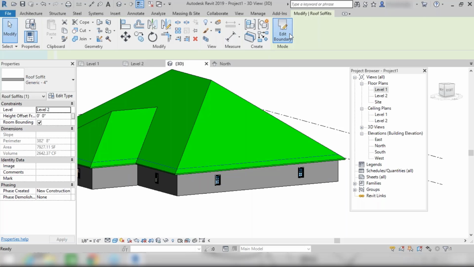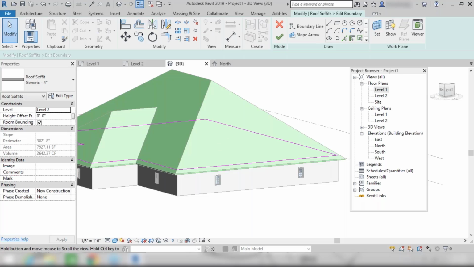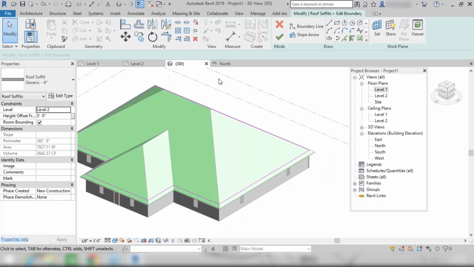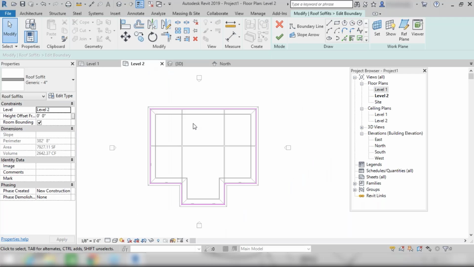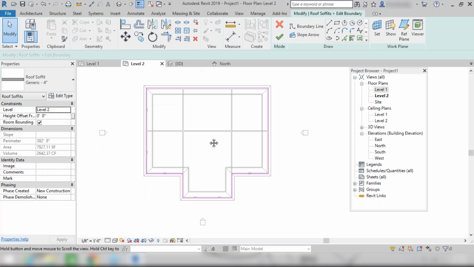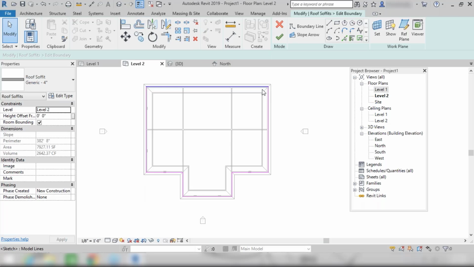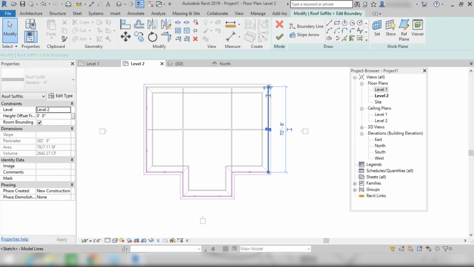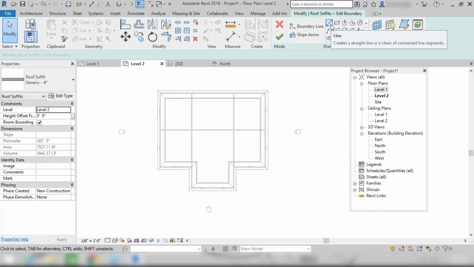So we need to edit its boundaries, right? So let's go to edit boundaries. So you can see that roof soffit here, right? After that, let's go to level 2, right? And we need to apply soffit here. So what I will do, I'm going to delete this, right, like this, and here this as well,